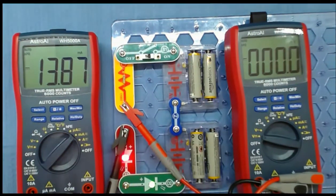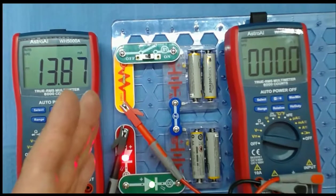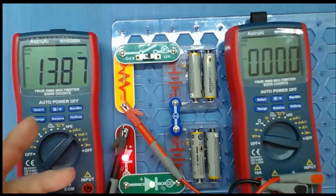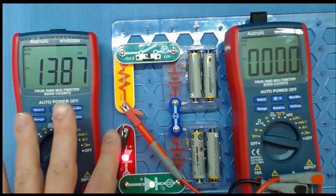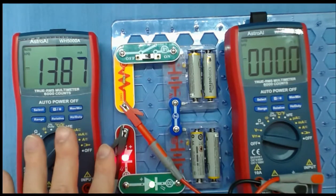Now if we do a parallel circuit, then that gets a little more complicated. That will be covered later on. But for series, basically, you can take the voltage drop across the resistor and divide it by the resistance to get your current. And it's very important that you use the voltage drop on the resistance value that you are using